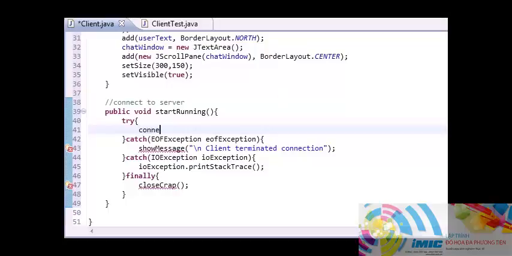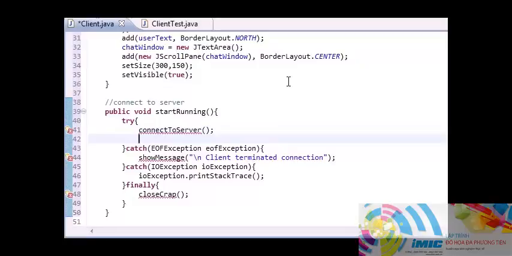The first one is connect to server. I think that whenever I was making the server program, it was just wait for connections. But since we don't want to wait for any connection, the client is responsible for connecting to the server, not vice versa. So this one's going to be connect to server, and it's going to connect to one specific server. And of course, that's why we needed the IP address, so we know which server we want to connect to. And after this, once you're connected, then just go ahead and set up streams,